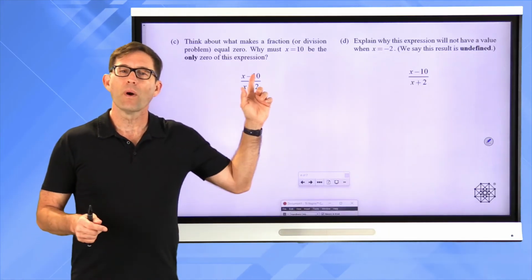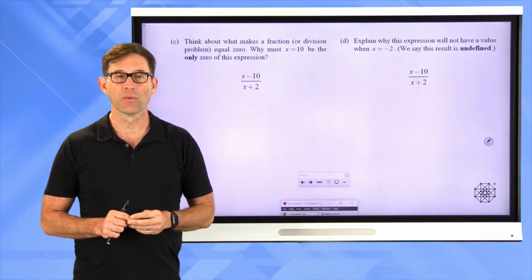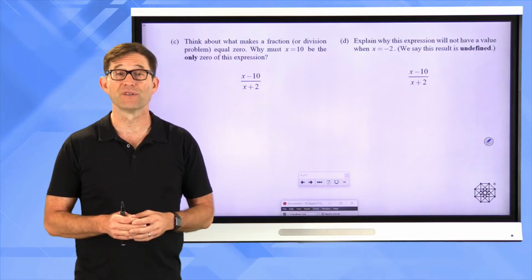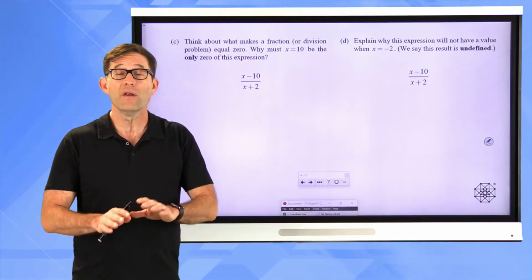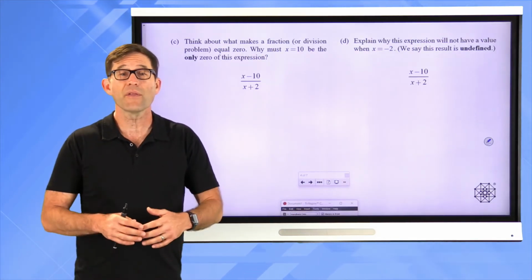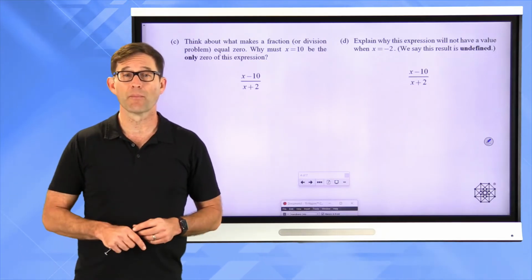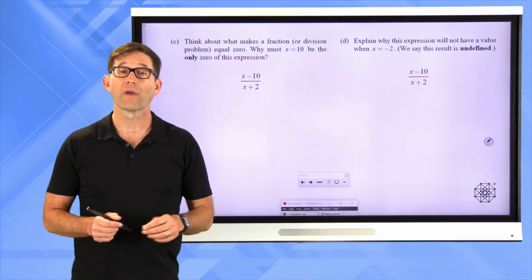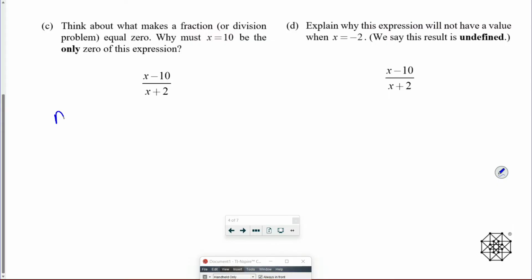When we have a fraction, the only thing that can make a fraction equal to 0, or a division problem equal to 0, is if the numerator is equal to 0. Nothing in the denominator can make the fraction equal to 0. There's nothing that you can divide by that will then result in a number being equal to 0. So at the end of the day, a fraction can only be equal to 0